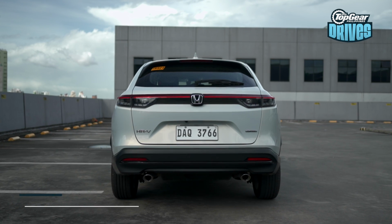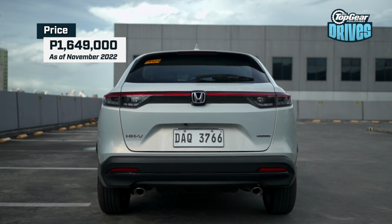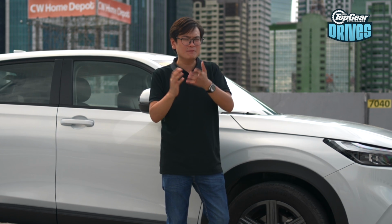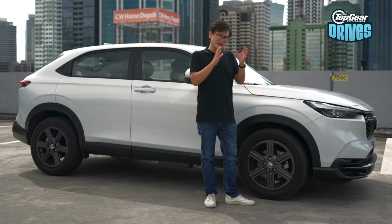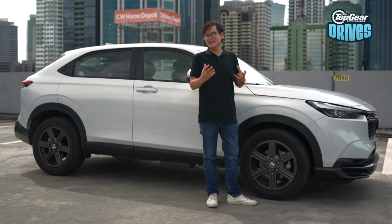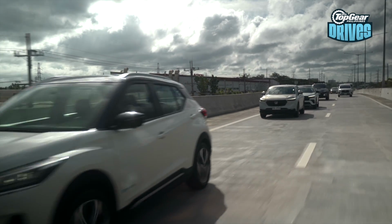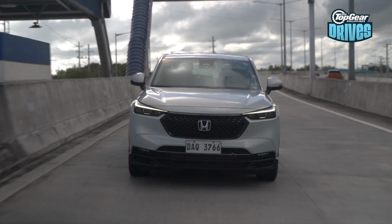Now, this HRV V Turbo starts at 1,650,000 pesos or thereabouts. And there's been a bit of a price increase mainly because of the current exchange rate scenario. So when it comes to value, it's not exactly a leader, but it slots in somewhere in between its other competition. If you're coming from a Jazz, you're able to save up a lot more,